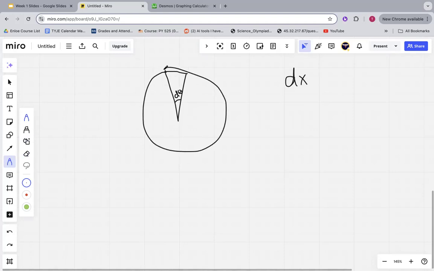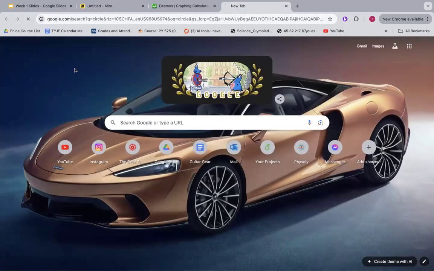And I can't draw a circle. You're going to assume that's a circle. So I have a question. If I draw a flat line here, so this is, I'm just going to,